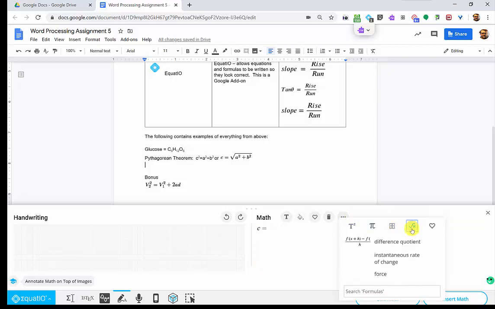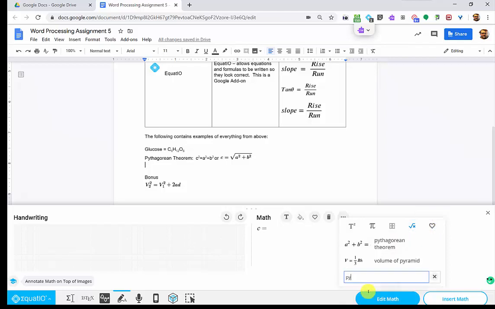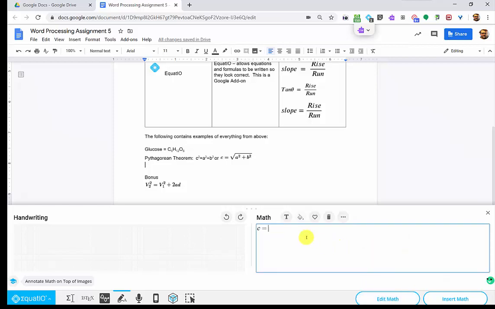Under formulas, I've got this one down here. If I want to look at different symbols, I can look at all these different things through here, and pick out the formulas or whatever I want. I can have specific ones. I can even look in formulas and type in the name of the formula if I know it. Pythagorean Theorem's there as well. Or I can start typing in square root,